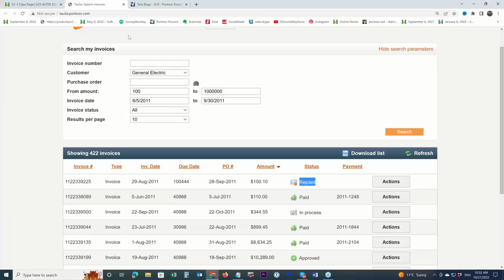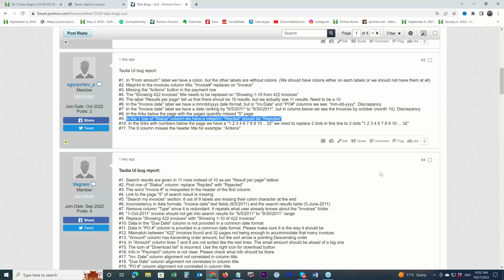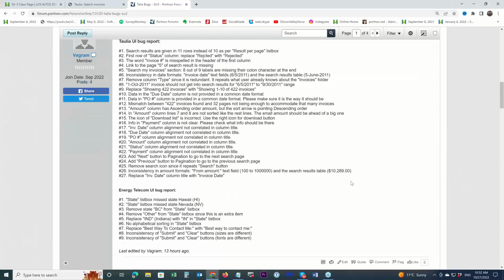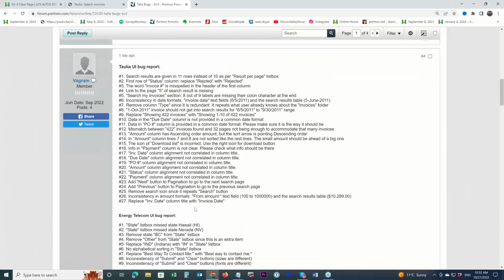Okay, let's go to the bugs. Number 3, Vagram. Wow, 27 bugs. Okay, let's take this one. Copy. So what Vagram says: mismatch between 422 invoices found and 32 pages not being enough to accommodate that many invoices.